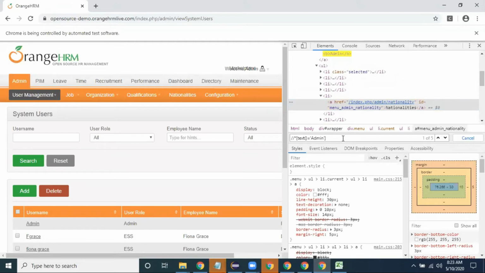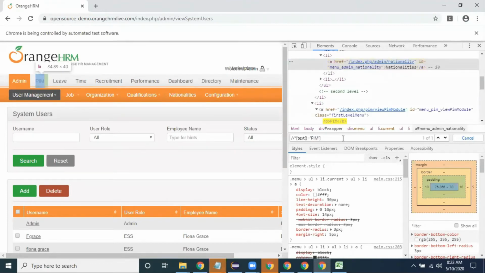In that case you can go with the system XPath, or you can write XPath manually for this particular web element by using copy element. If you want to check for PIM, you can check PIM, and here it identifies this particular web element uniquely.